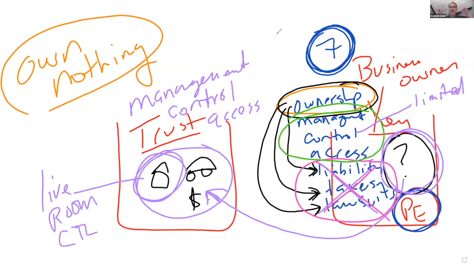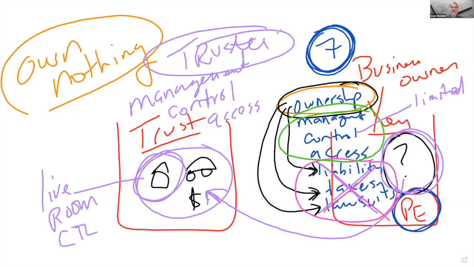Why? Because I have the right to be in all the rooms. Why? Because I'm the trustee. Remember, I'm the trustee in the trust. I have the right to be in any. I have access. Remember the three things you take with you when you sell your assets in the trust. You're going to take the three positive things, right here. You're going to take the three positive things and you're going to leave the three negative things. We're going to take the management, the control, and the access. We're going to leave the liabilities, the taxes, and the lawsuits. We're leaving that over there. We're only taking what we need, what we want.